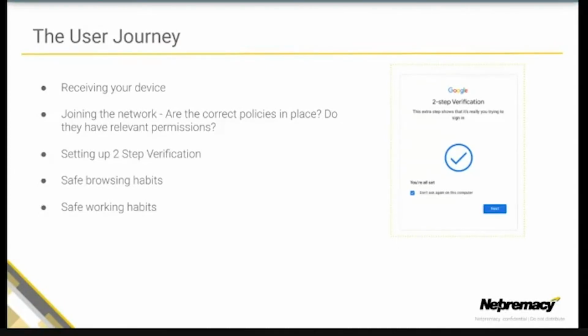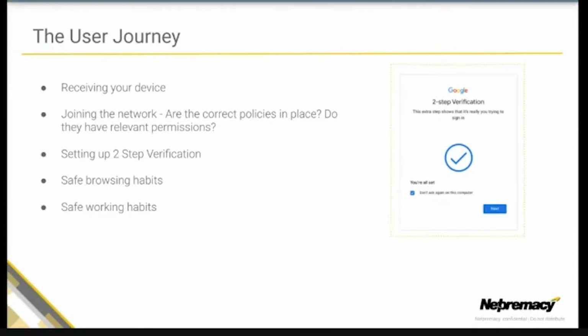Right from receiving the device and having to enroll it correctly and allow themselves access into that environment safely, to then setting up things like two-step verification. Like I've mentioned, this is a really key security step that we can take to just give really solid protection. In the office, that would usually be quite easy because your admin could just sit on your shoulder and make sure you got it done immediately. Now we're working from home, we need to make sure that we're enforcing this step and that it is built into our security processes right from the very beginning.